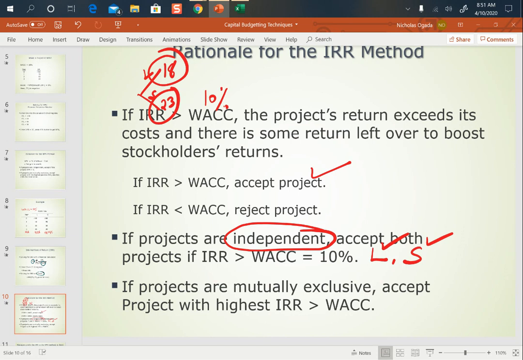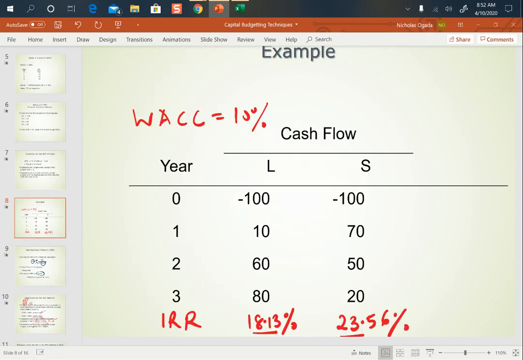If these projects are mutually exclusive, where we are saying that the cash flows of one project affect the other, then we will only accept the project that has the highest internal rate of return. So assuming L and S were mutually exclusive, then you're going to accept only project S because it has the highest internal rate of return, which is 23